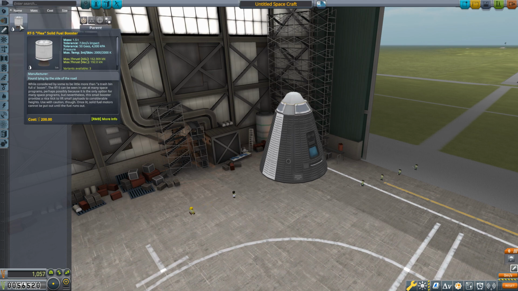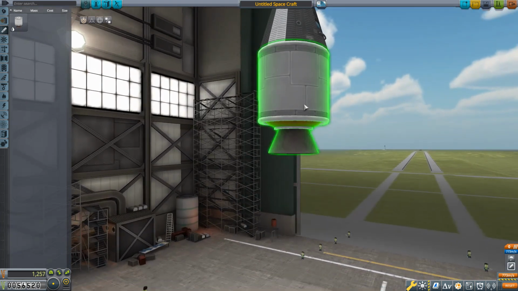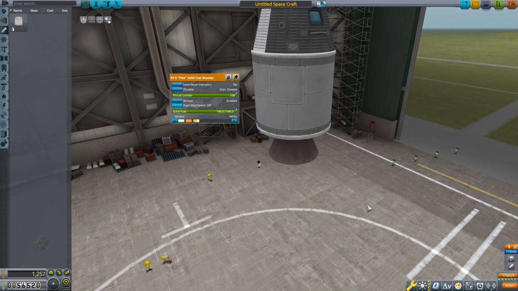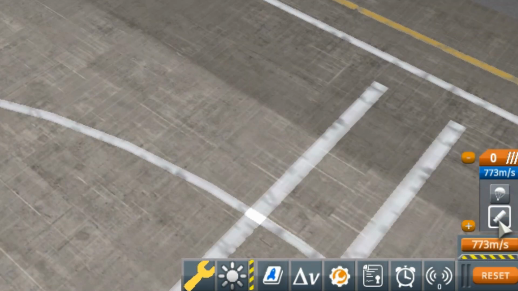This is both a combination engine at the very bottom here, and fuel, solid fuel in this particular case. So this will make us go up. If we take a look at our staging diagram, notice that this engine has been added to the staging diagram,